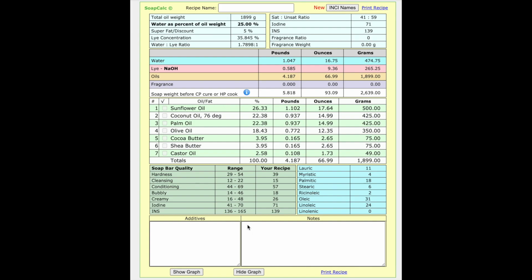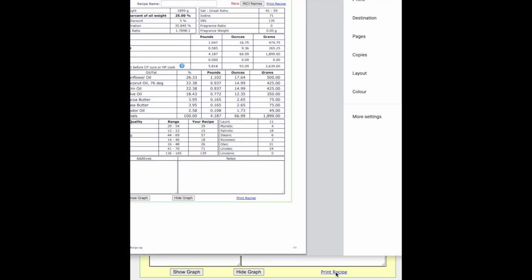And then your notes, I would say your notes are sort of how it performed when you were making it. Did it take a long time to come to trace? When you unmolded it, did it have any fragrance spots, or did it look like dust, or did it look oily to the touch, or just anything? So you can just print off the recipe,